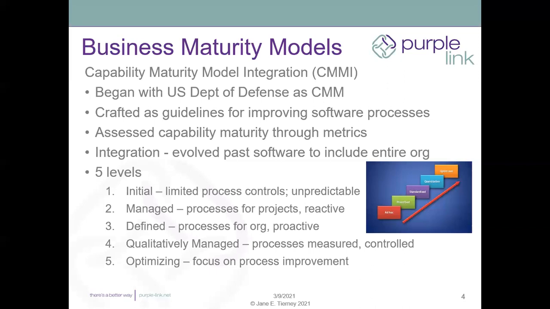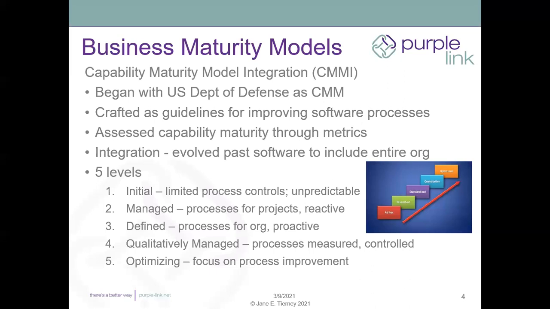The third level, defined, says you have processes for the organization, not just for projects, and you're starting to be more proactive. 4 is the quantitatively managed level, where you have processes, and not only do you have those processes, but you measure those processes,